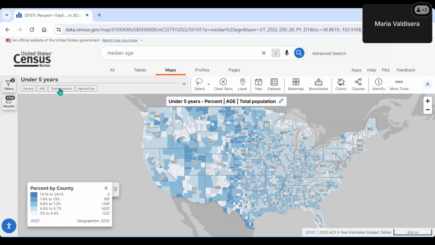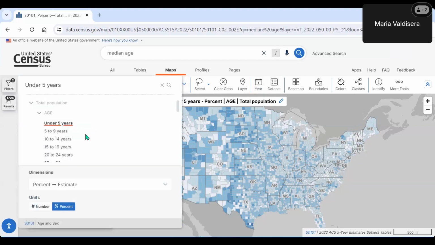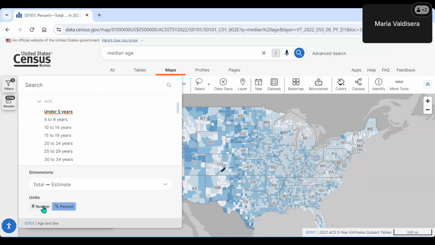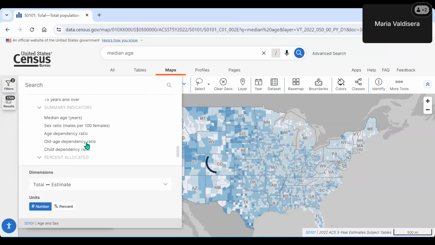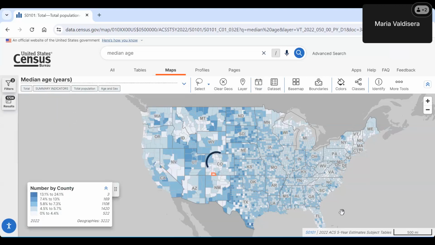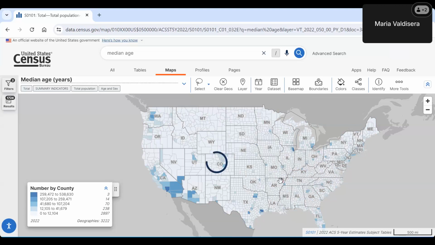And then since we have the map defaulting to our first variable again, you can switch the unit over to numbers. That'll change the estimate, or the dimension rather, to the total estimate. And then you can use our median age variable again. And once that loads, we will be able to see those darker shades of blue with the median age in years.